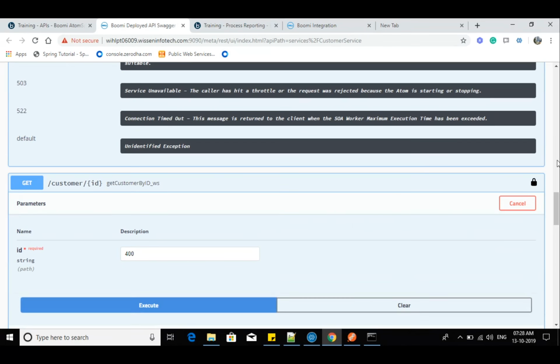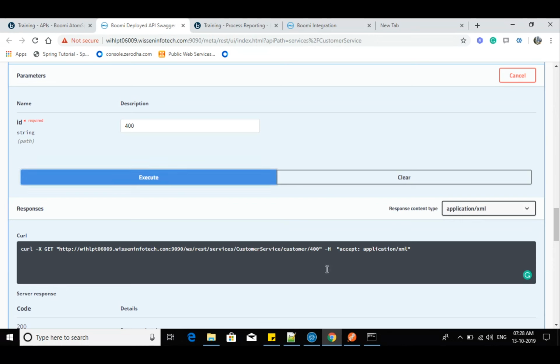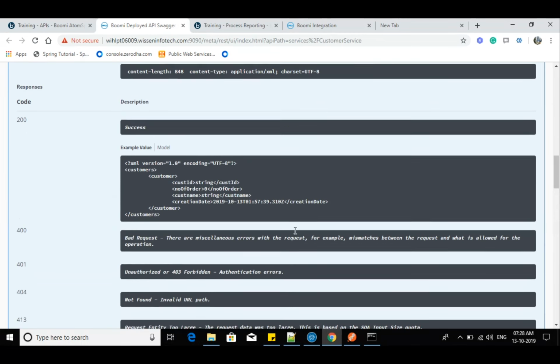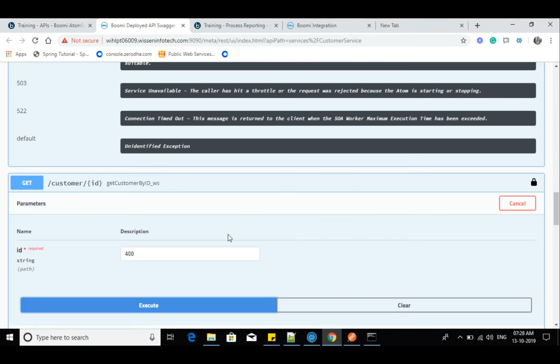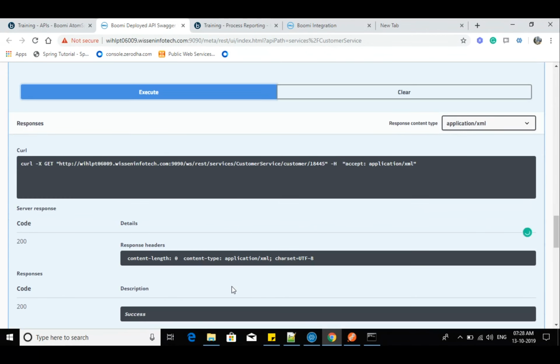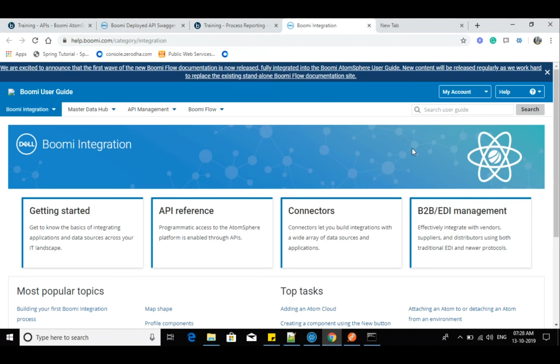You can see that the value has been passed using /400, and the 400 is also there in the record here. Let's try for this one. Still it is giving the same. Maybe what I suspect is